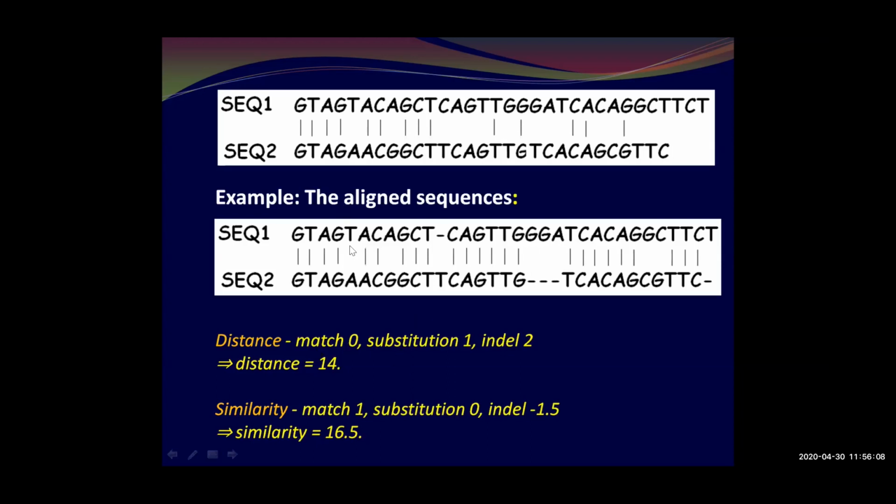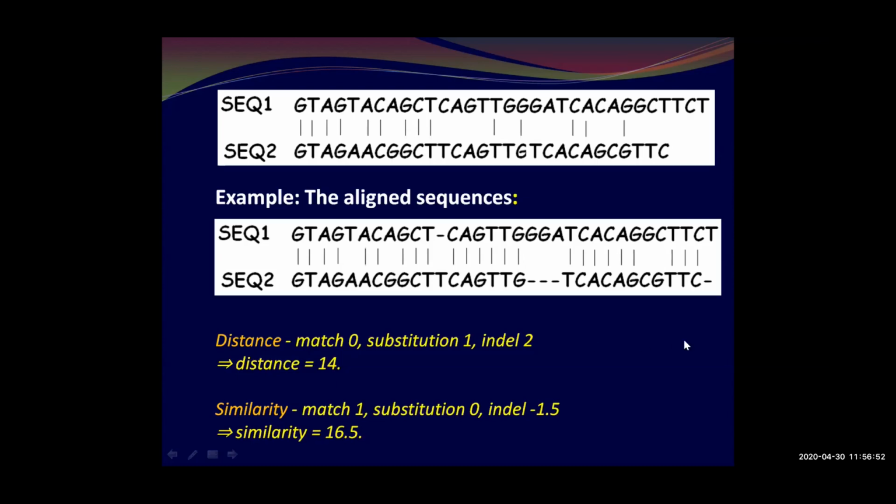So substitution means one nucleotide is replaced by another. So this is a dissimilarity. It is a distance, meaning sequence 1 is differing from sequence 2. So there is a distance score. Let us take the score of distance as 1. And when there is insertion or deletion, as I already explained, insertion or deletion are rarer events than point mutation, and therefore they are more different from each other. Because in the evolutionary history, it might have taken a longer time for creation of these gaps, insertions or deletions. So therefore, for every insertion or deletion, let us take the score as 2.